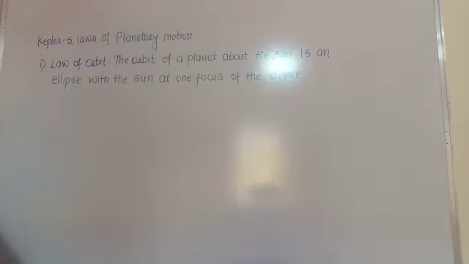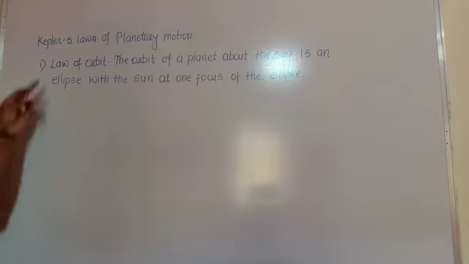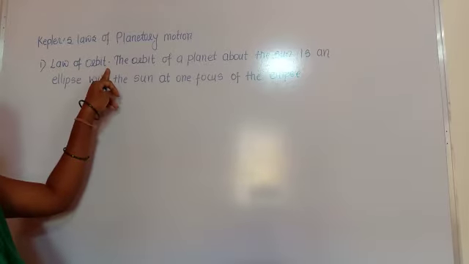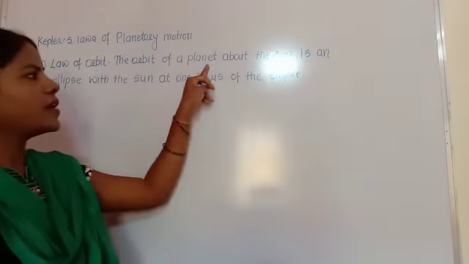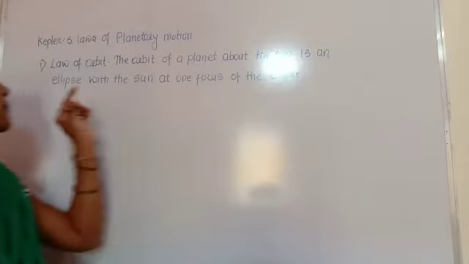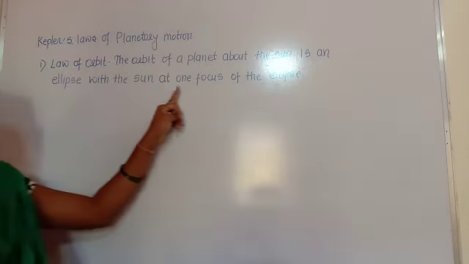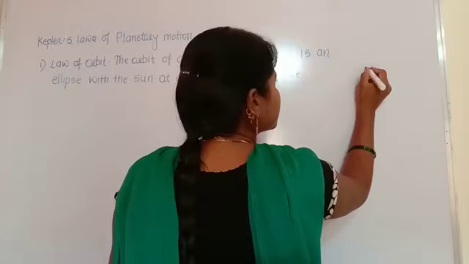So this is the first law of Kepler, the law of orbit. The statement is: the orbit of a planet about the sun is an ellipse with the sun at one focus of the ellipse. The diagram is,